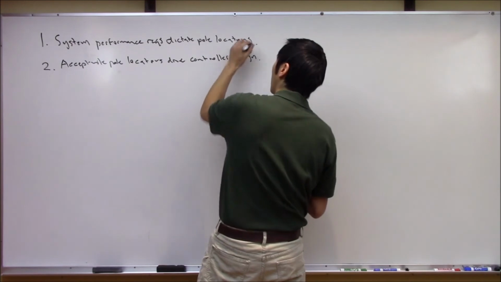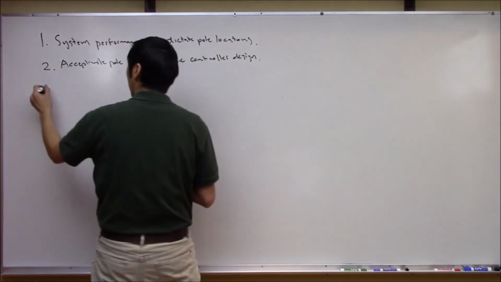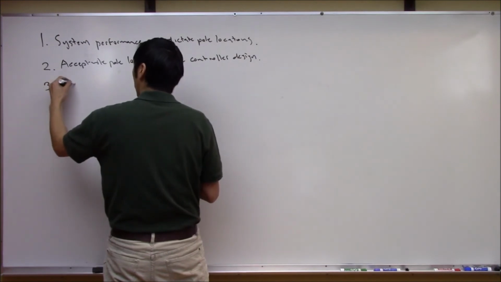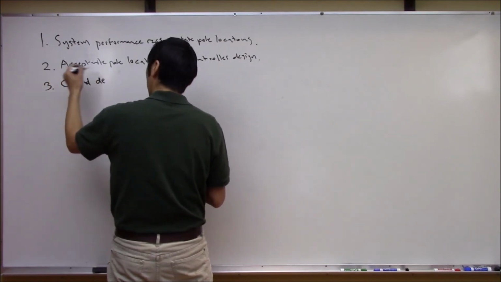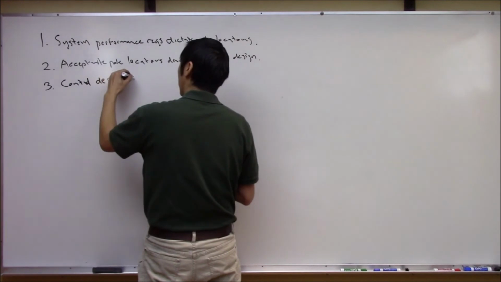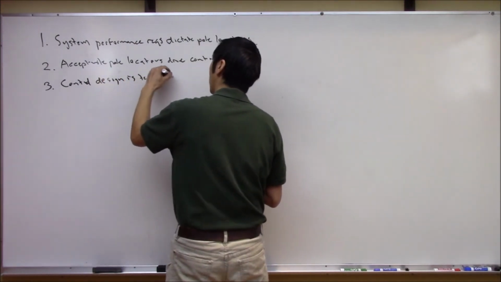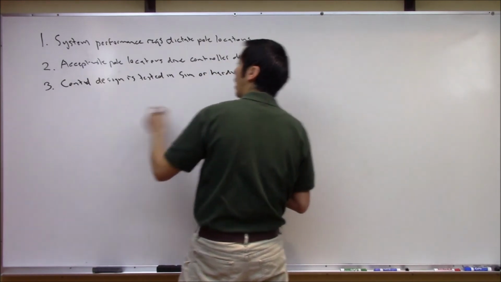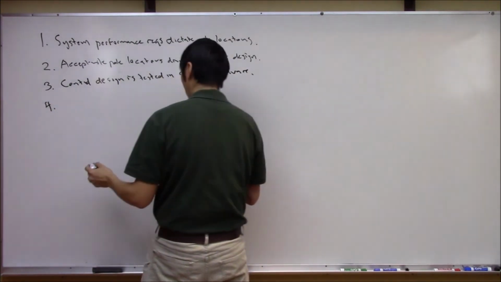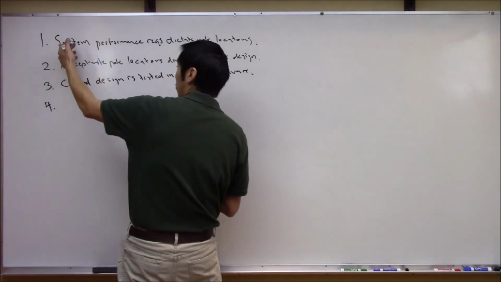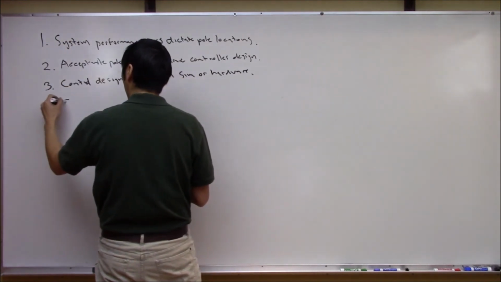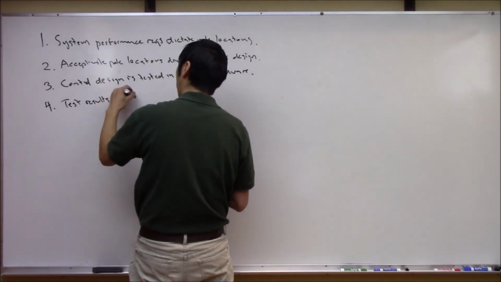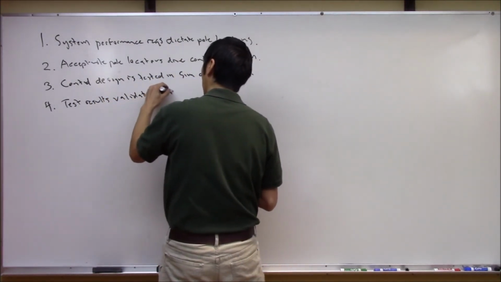Once you have this candidate controller, we can test that either in simulation or hardware, right? So this control design is tested in sim or hardware. And the results of this simulation or hardware test will validate these original system performance requirements. So I'll say testing results validate performance